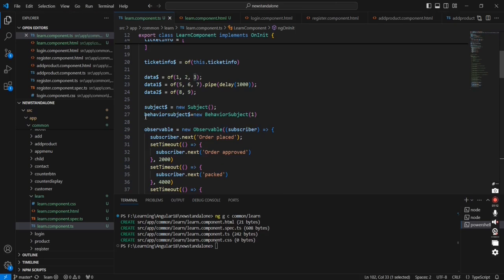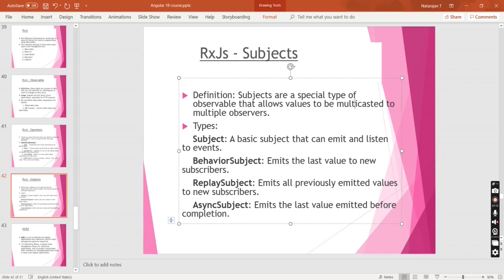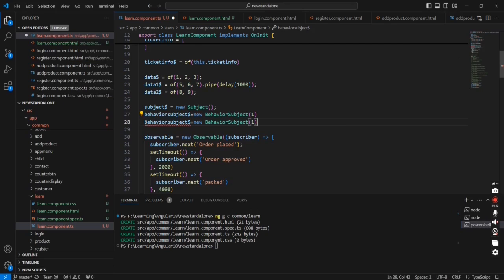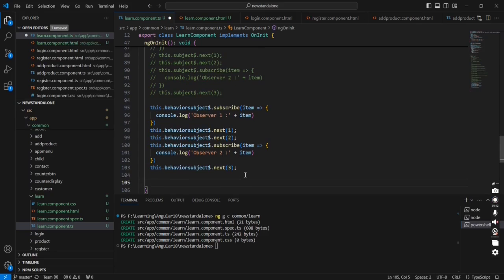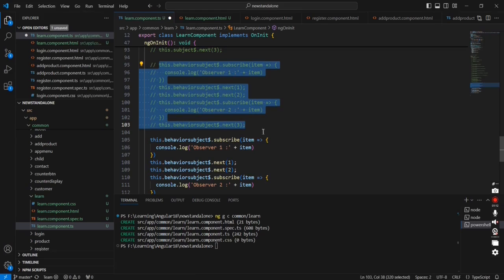So the steps are the same. Again I am just declaring one subject first. It's replay subject, and there is no need to provide any default value. It's not mandatory, just copied, and for reference purpose I'm just commenting this one. Okay,